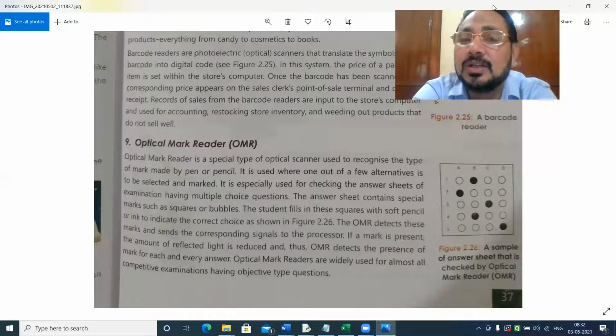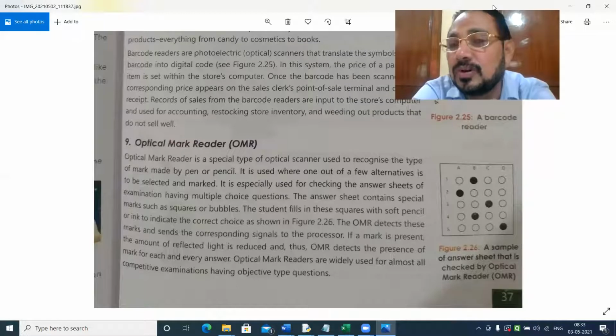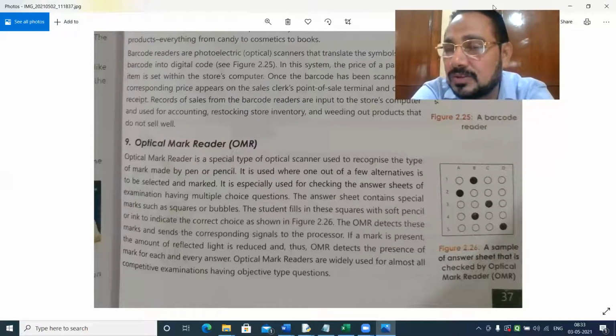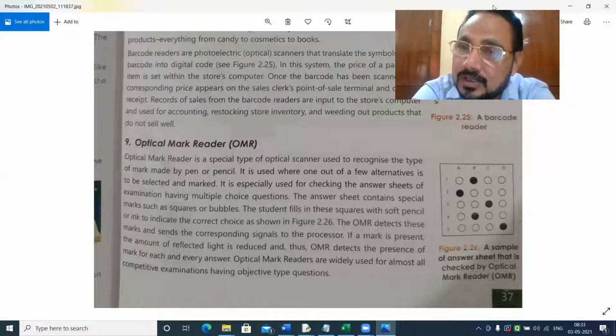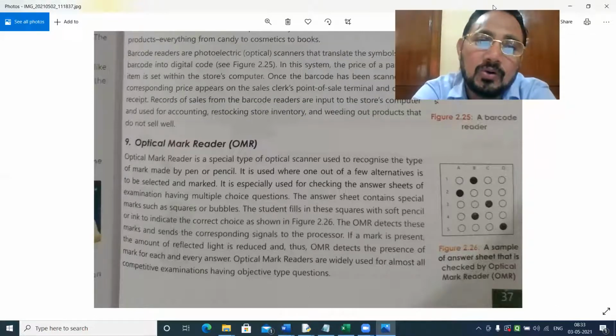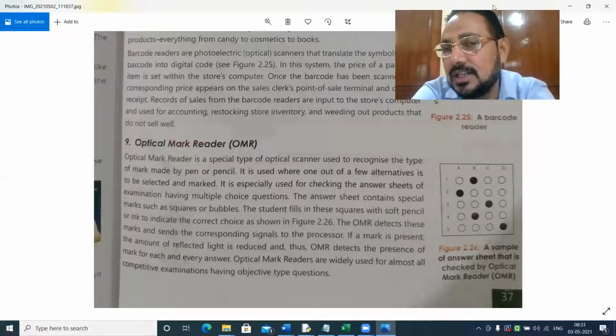Now the optical mark reader, the special type of scanner, scans where the answer is circled. That's why don't give two choices, otherwise it will not accept your answer. Understood? So when you are sure only, then you choose a particular answer, darken the circle, and the OMR, that is the device, will read.